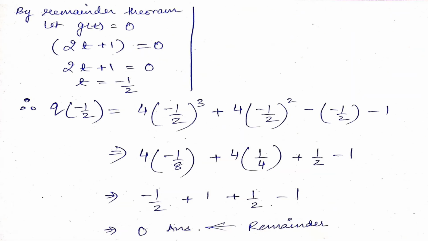Now I am doing the same question with remainder theorem also. Let's see how. Same thing, we will take the divisor, put it equal to 0. So divisor 2t plus 1 is equal to 0. This gives us t equal to minus 1 by 2. Now the last step, that is we will find Q of minus 1 by 2. So we will replace this number with the variable in dividend. So in the place of t I have written minus 1 by 2 cube, minus 1 by 2 square, minus 1 by 2. Simple substitution of values. When you solved it, again I obtained answer as 0.